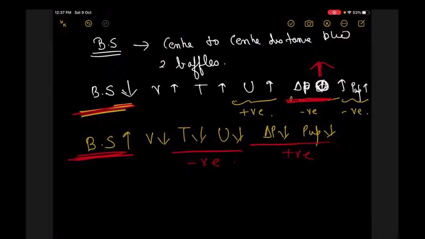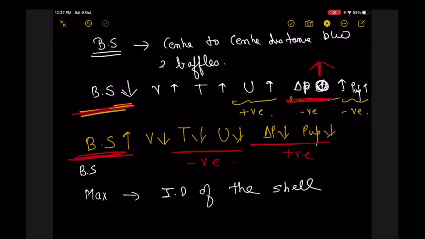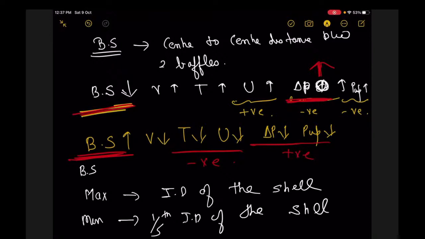सो इसका जो ऑप्टिमाइज्ड वैल्यू है, हम बोलते हैं मैक्सिमम, इट शुड बी इनर डायमीटर ऑफ द शेल, है ना। बैफल स्पेसिंग हम मैक्सिमम कितना रखेंगे? इनर डायमीटर ऑफ द शेल। मिनिमम 1/5 इनर डायमीटर ऑफ द शेल। सो ये ऑप्टिमाइज्ड वैल्यू है ना। जब हीट एक्सचेंजर यूज कर रहे हो अपनी इंडस्ट्री के अंदर, सो डिपेंडिंग अपॉन कि तुम्हारी प्रोडक्ट वैल्यू कितने से बढ़ रही है, ये थोड़ा बहुत वेरी कर सकता है।